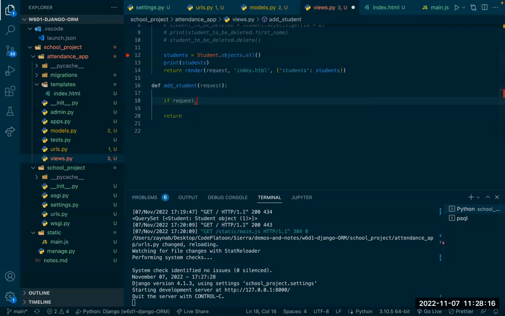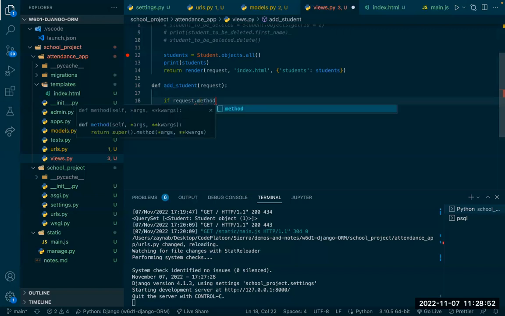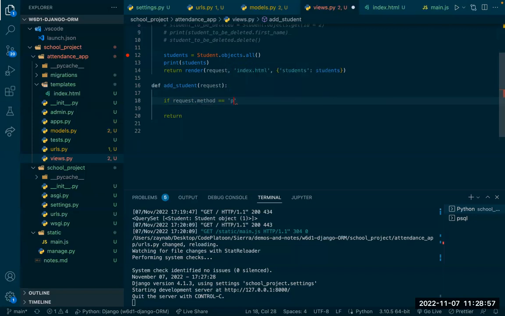So what's within our request that we can check? Data. There's a data. What else? You should be able to just type post, right? So that one will give us sorry. That one will give us access to stuff to the data inside, but there's a method here. So if request.method equals post, then